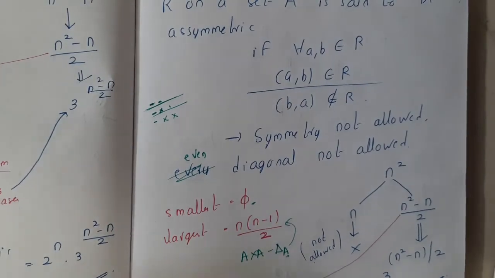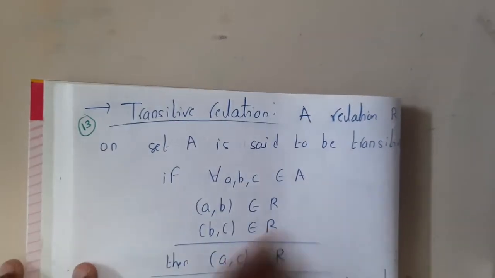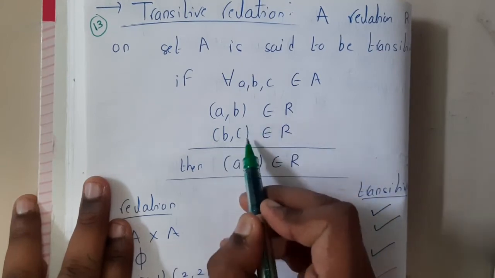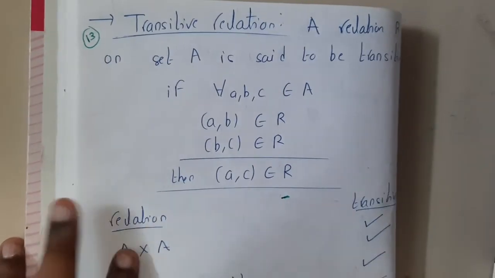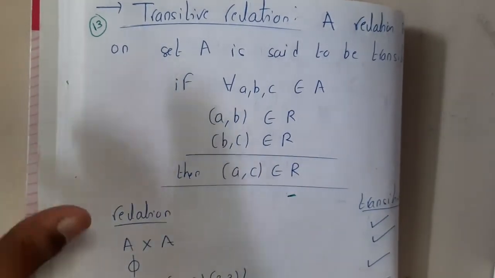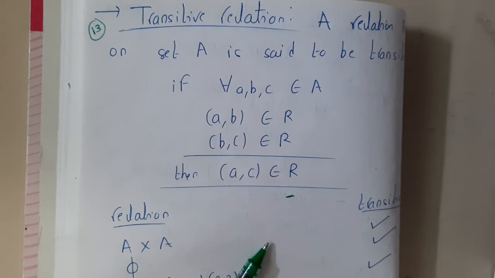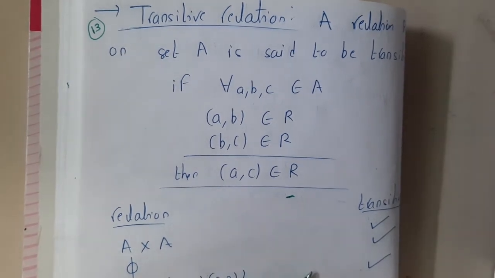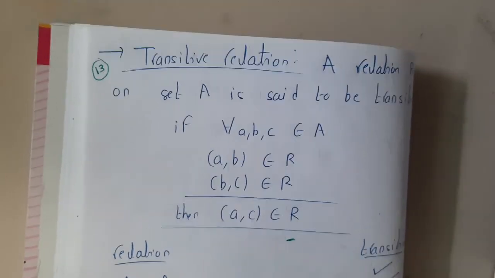In the next lecture, let us continue with the transitive relation, guys. This is an interesting relation if you ask me. The relation works in this way: if A comma B is present and B comma C is present, A comma C should be present. That is the concept of transitive. We'll be taking some examples and learning exactly how it works in the next lecture, and whether there is any trick to identify whether the relation is transitive or not. So in the next lecture, let us continue with the next topic, that is the transitive relation.